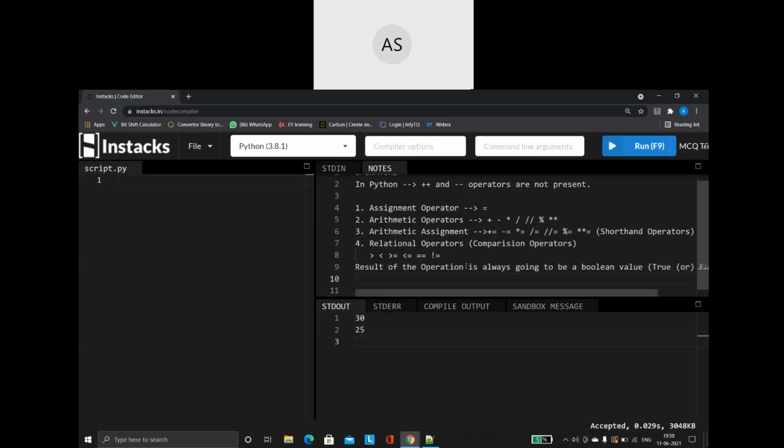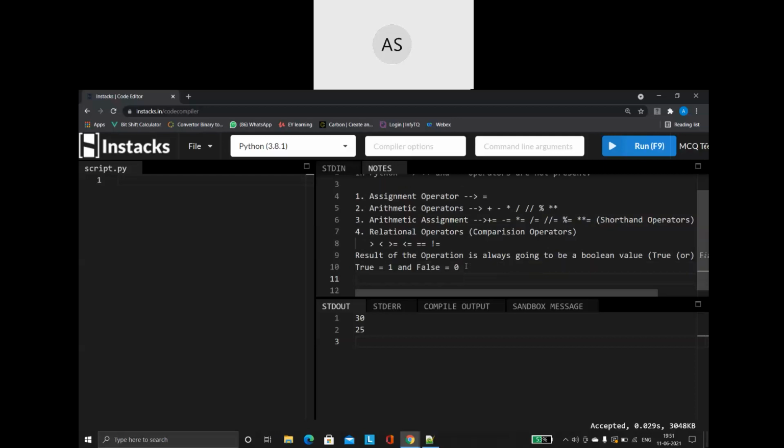Okay, so point number two. What you have to remember with regard to this is that true has a numerical representation in Python. True is equivalent to the number 1. True is always represented by the number 1 and false is always represented by the number 0. So true means 1, false means 0. So it has a number representation also. Along with writing true or false, we also have a number representation for it.